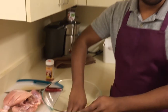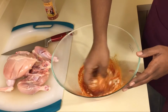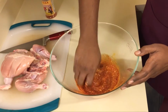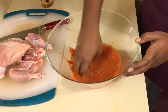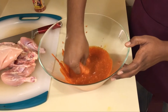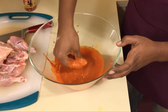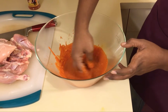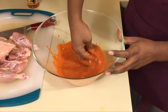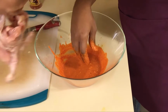So I put all the ingredients in this container. It's easy to handle. Now we have all the yogurt, masalas and everything in here. The lemon too. Everything's in here. Just make a good smooth dough or smooth marination paste of this. Yogurt might be a little bit hard to mix, but it's okay. It'll come along just after 1 or 2 minutes. Now just take the chicken,